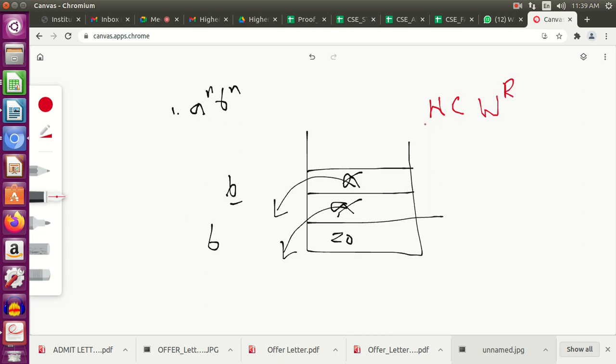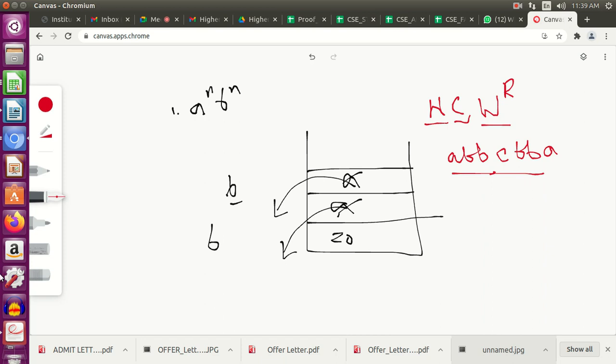W is a string, then we have an alphabet called C, and then we have the reverse of this string. For example, I can say I have A, B, B, and then I have C, and then I'll have B, B, A. And now I have to construct a pushdown automata that would accept any language of this kind.